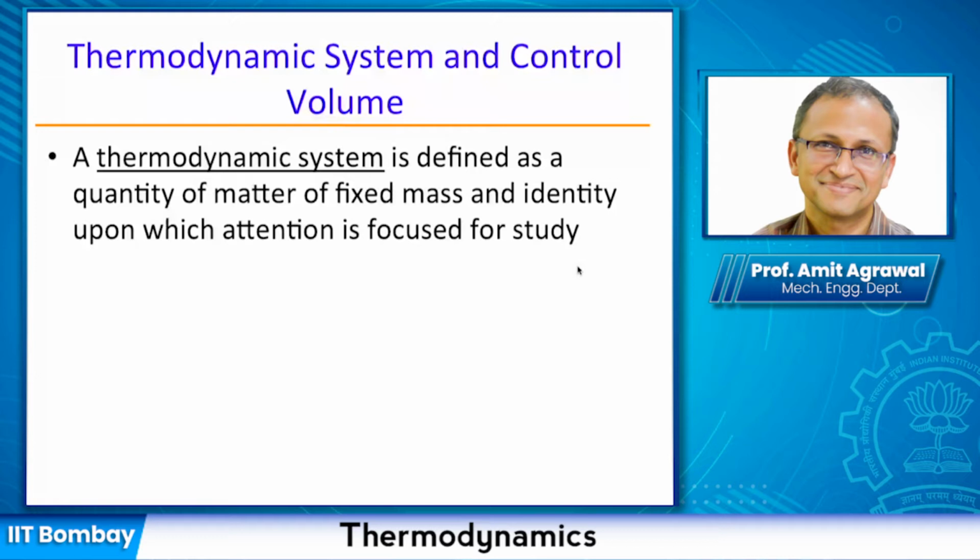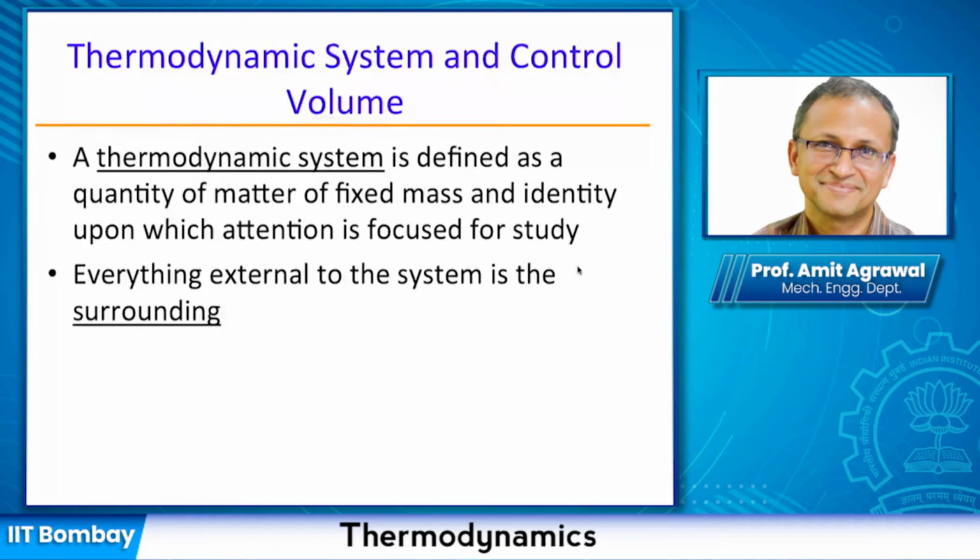So the box is my system, and that is the first thing that we have to identify. Everything which is external to the system is going to be called my surrounding,